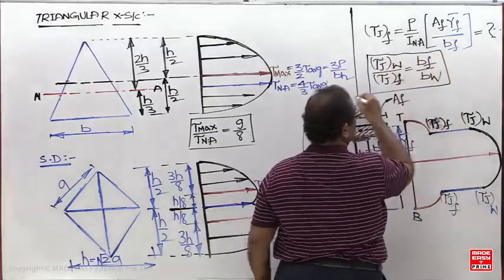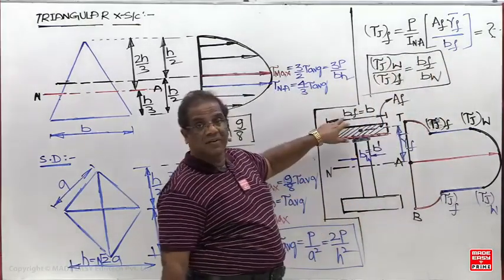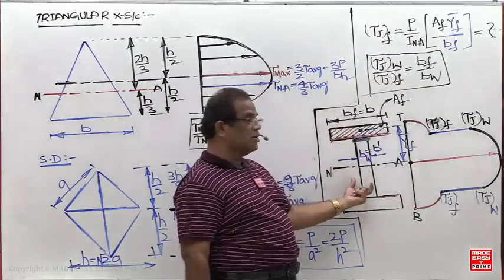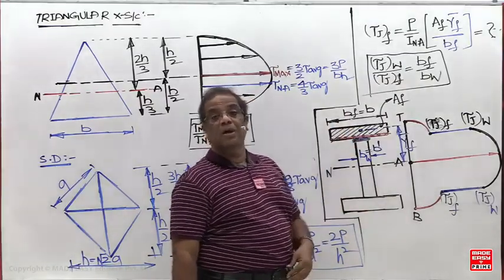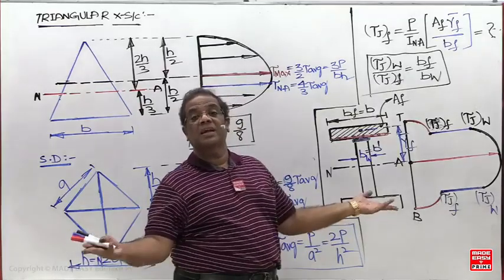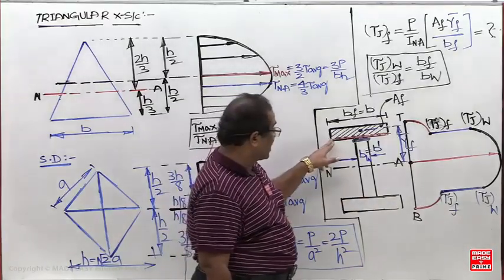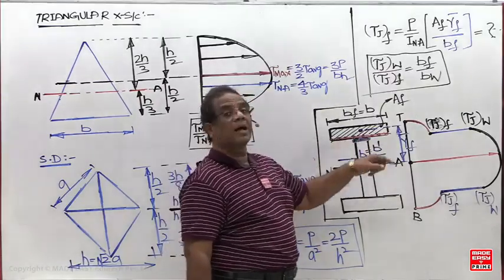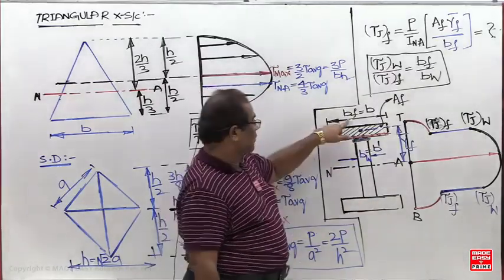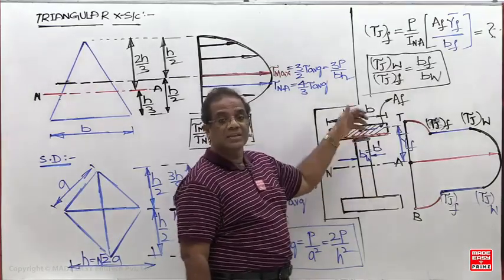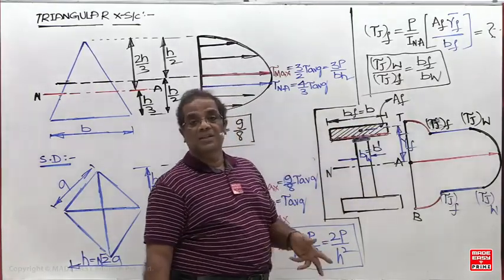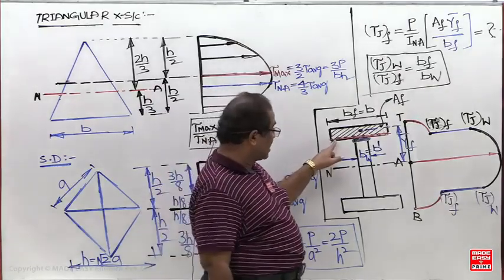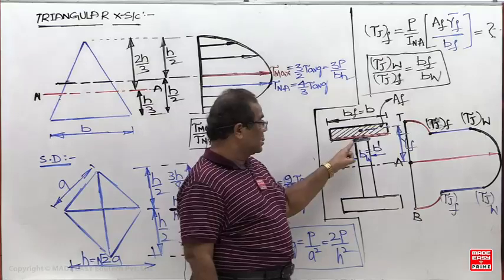In the workbook, there are two questions. This width is given 120, this is given 120, and this is given 20. This is 120 and 20. The width is decreased by how many times? 6 times, so stress will increase 6 times. The stress at the red color points is given as 10. Now what is the stress at the blue color point? 60. This width is 120, this width is 20. The width is decreased by 6 times, then the stress will increase by 6 times. So when the stress at the red color points is 10 megapascal, the stress at the blue color point